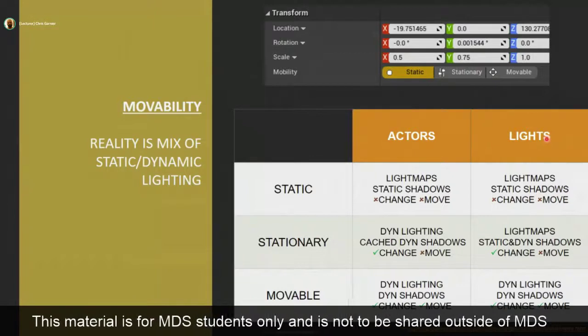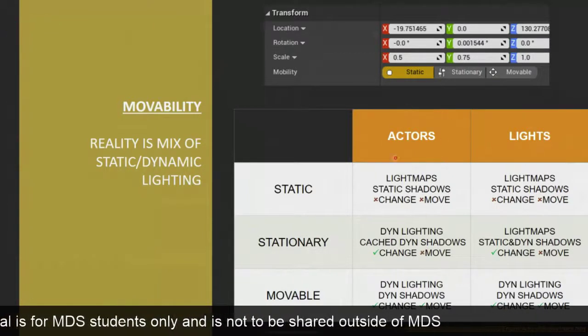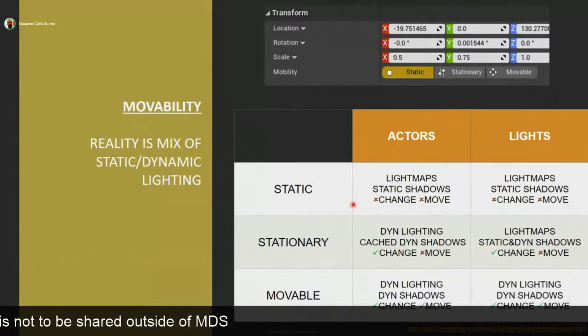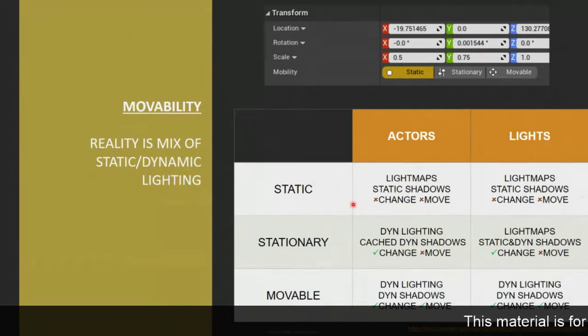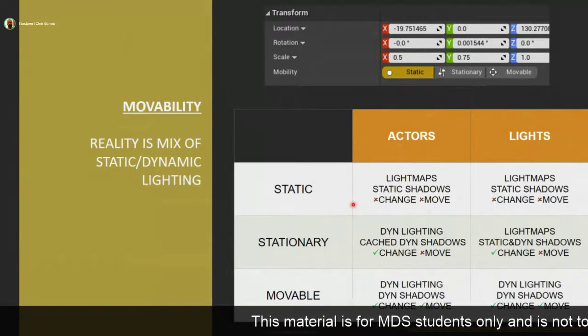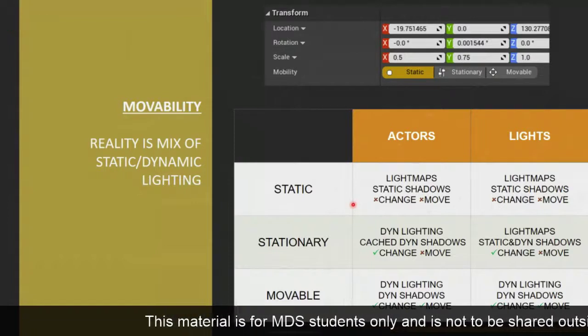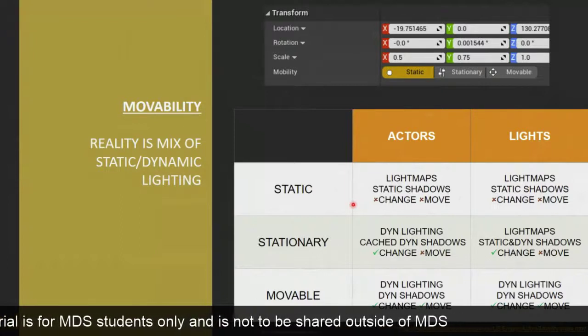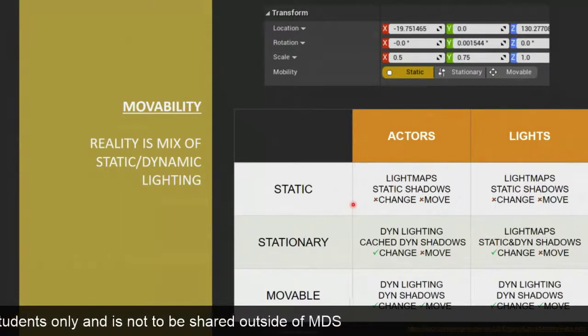On actors or lights, it means different things, whether it's an actor or a light. So static, whether it's for an actor or light, basically means there's not going to be any dynamic shadow. It cannot change or move. Also, we're going to be calculating a light map texture, right? Like I was saying before, a light map is a texture that's calculated by the engine to store lighting and shadow information, and that's applied to the actor to make it look like it has lighting and